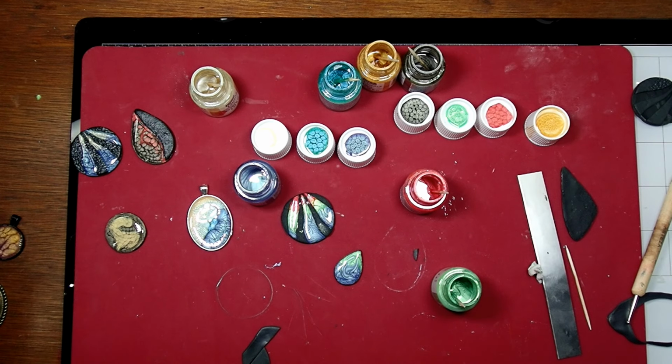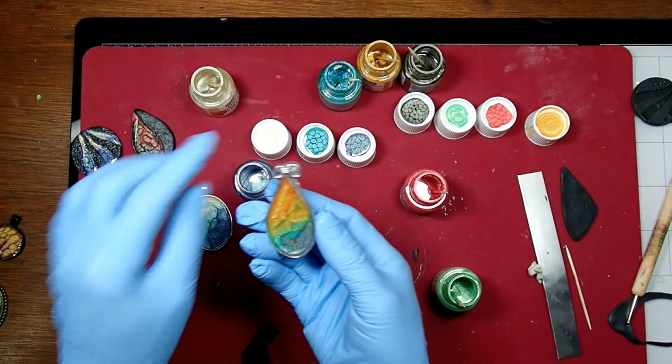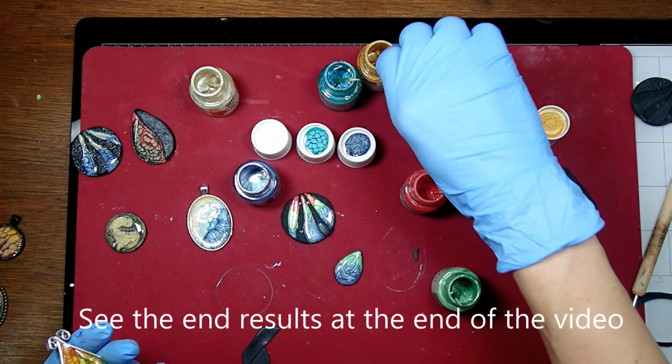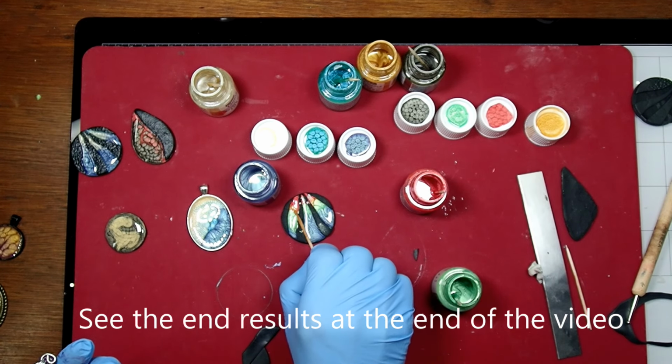Well, my friends, here are a few more that you may have seen already. This one is with the reds and the yellows, and look at this. I want you to look at that. Look how the yellow is disappearing. It's like you really don't know what is going to happen to that paint. So when it's still soft, you can just manipulate it just a tiny bit. So there you go. But this was the yellow and red and green and blue,